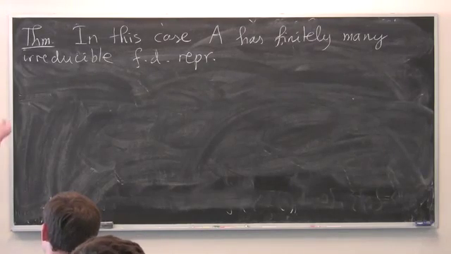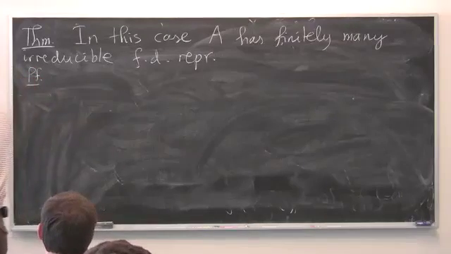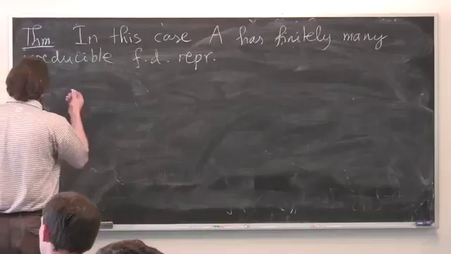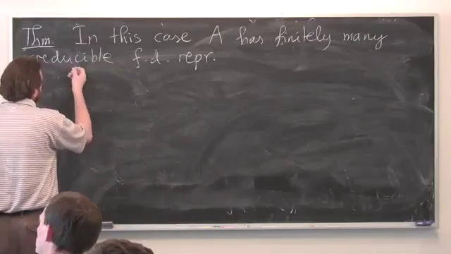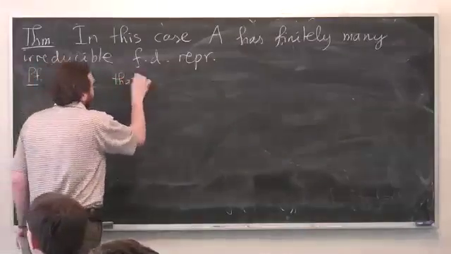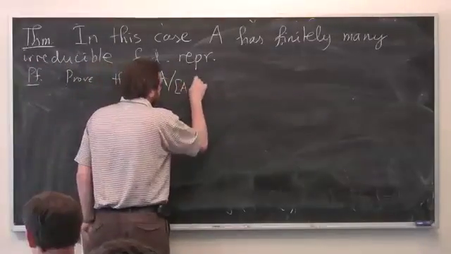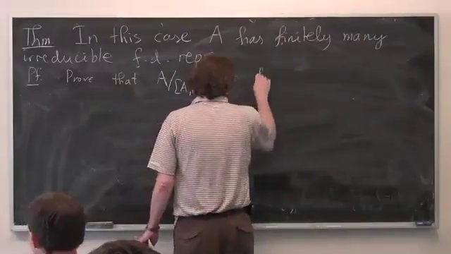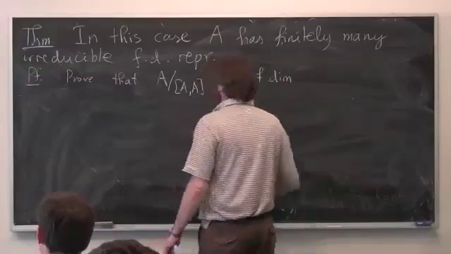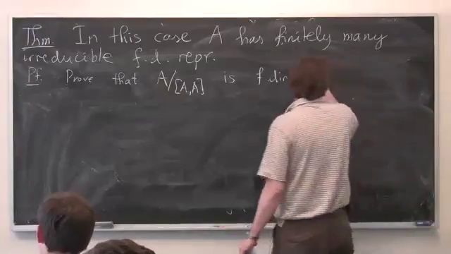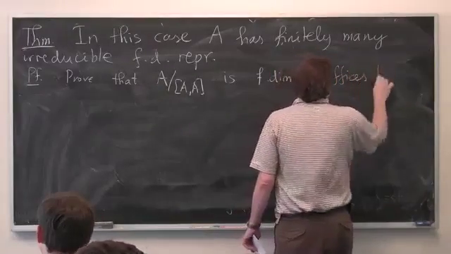So let me explain the proof of this theorem, why it is a corollary of what I said about Poisson traces. So we will prove that the quotient of A by its commutator is finite dimensional. And this is sufficient for this theorem because